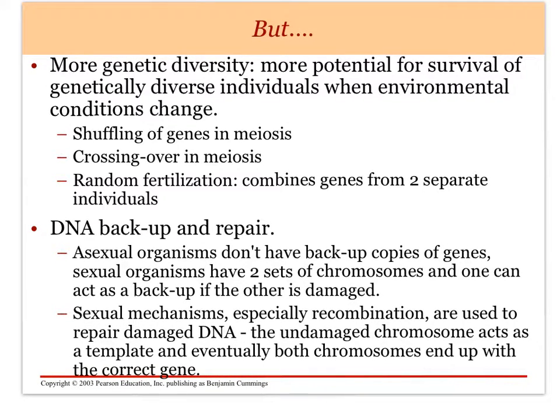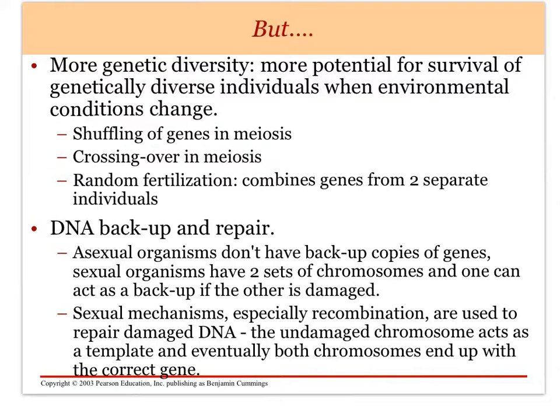But okay, more genetic diversity, a lot more. So more potential for survival of genetically diverse individuals when environmental conditions change. So you have a changing condition, you have these individuals that are very different from each other. There's no two alike unless they're identical twins. And some of those genotypes and phenotypes might be well adapted to newer environmental conditions compared to the rest of the population. Then they, of course, will be well adapted. They will pass on more of their genes to future generations. And so what happens is you shuffle genes in meiosis, crossing over, random fertilization, and then there's this whole